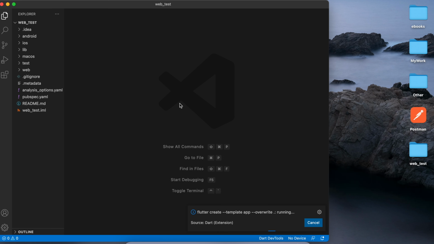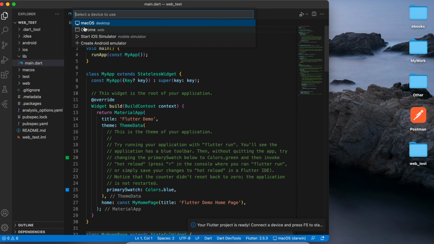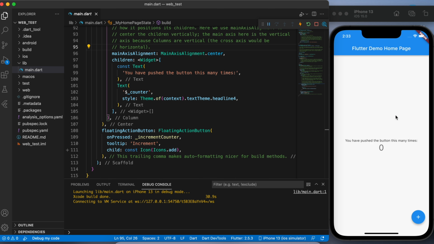So this is going to create a new Flutter application. Okay, this is done. This is the default counter application created. I'm going to run this application on the iOS simulator. Now the simulator is starting, and let us run this application. It might take a couple of seconds to load. I'm not going to make any changes. I'm just going to show you the process of deploying this Flutter application on Apache web server. This is running on the iOS simulator. You can see the buttons are also working nicely.